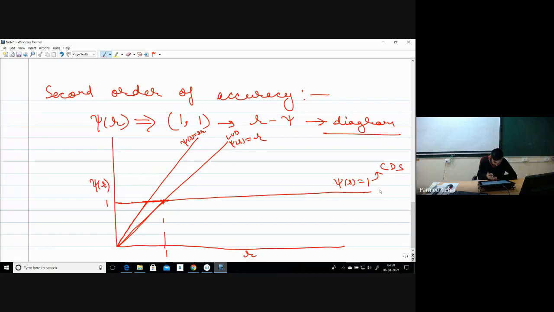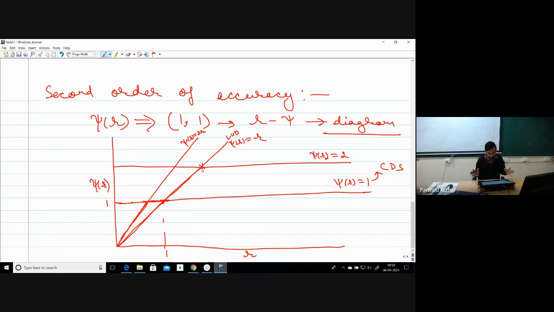Okay, and if I see over here, in order to ensure the stability, we were having one more condition that psi R has to be less than or equal to 2 when R is greater than 1. So I can also consider some line which is passing through this one point, and then actually it is crossing this top stability condition.